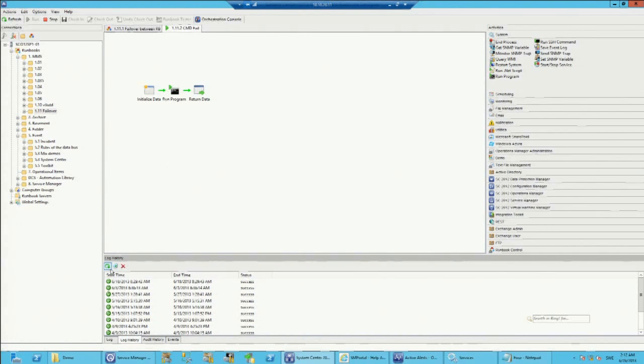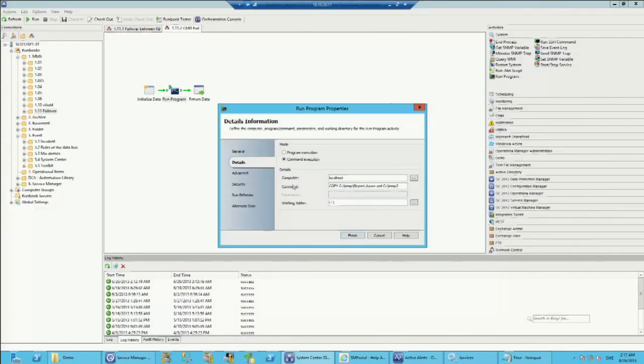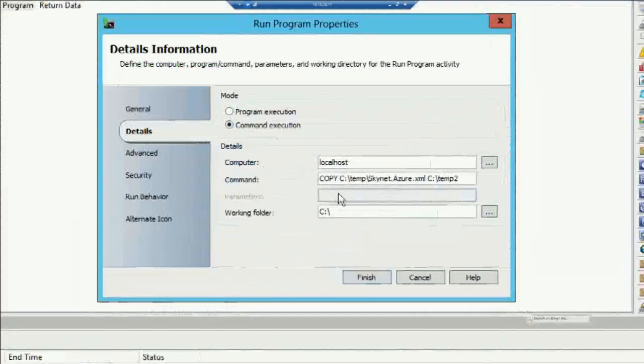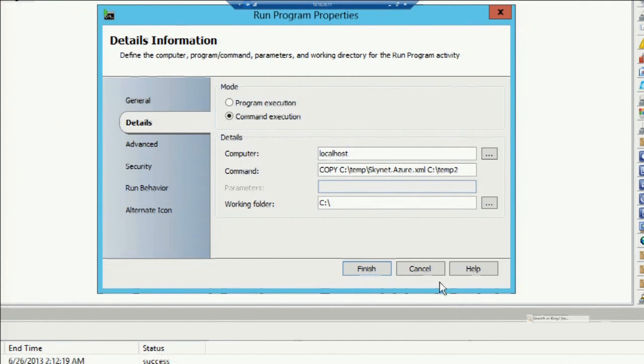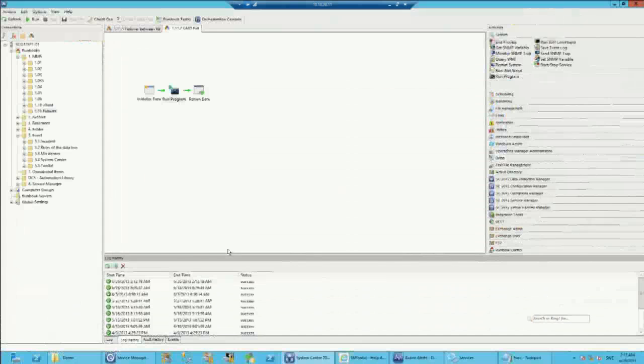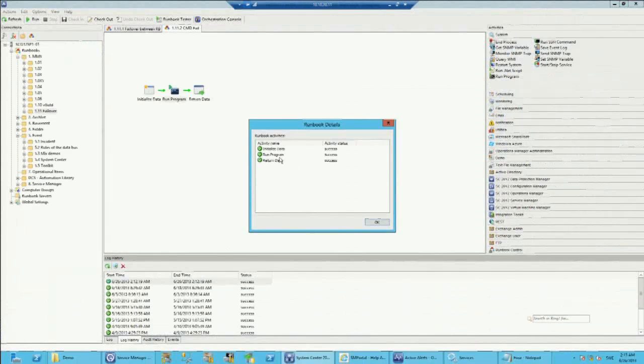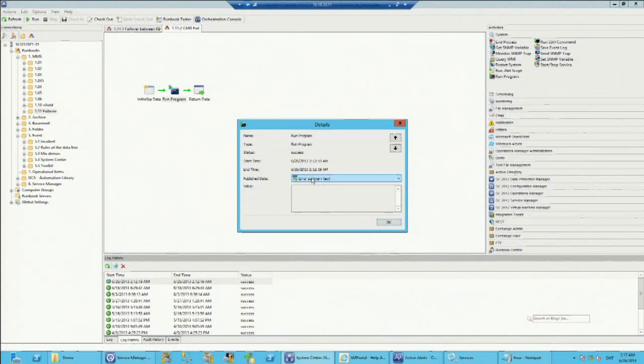So let's look at this one, where I have configured a run program activity to copy a file. It simply copies a file between 2 folders. We actually have a copy activity also, but this is a good demo, so that's why I do it with a command prompt. So if we look at it, it seems like it worked. It's green. Green is good. But if we go a little bit deeper and look at the pure output here,